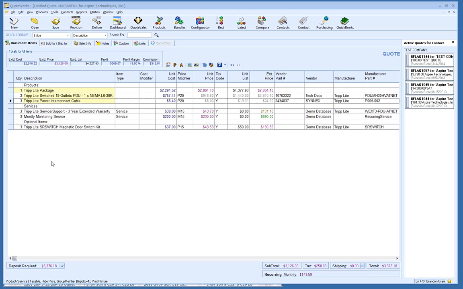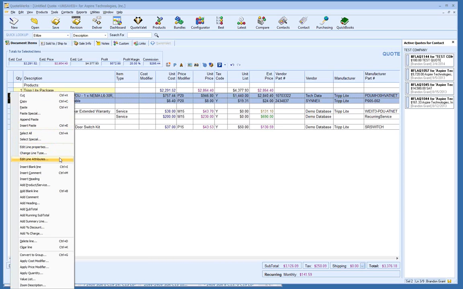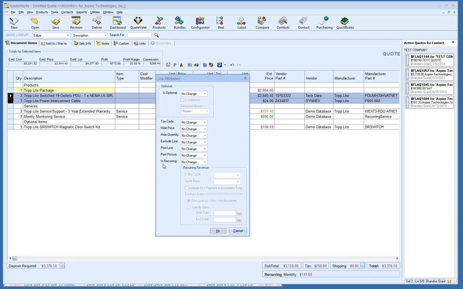If you didn't want to show the customer the individual line items, so that's where we talked about hiding those attributes again. You highlight your 2 items, right-click, and go back to Edit Line Attributes. And then you'll simply adjust the attribute that says Print Line. So you've selected your 2 items. You right-clicked, selected Edit Line Attributes, and then you can go to Print Line, and you can change it to No. So it won't show up on the document for the customer, so all they'll see is the line item